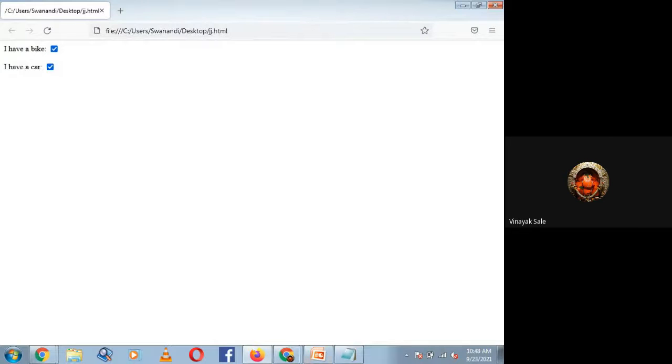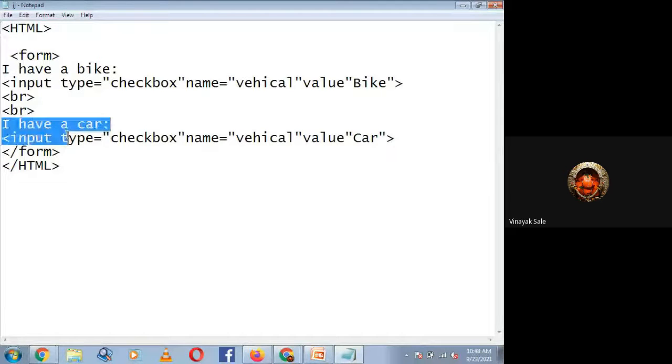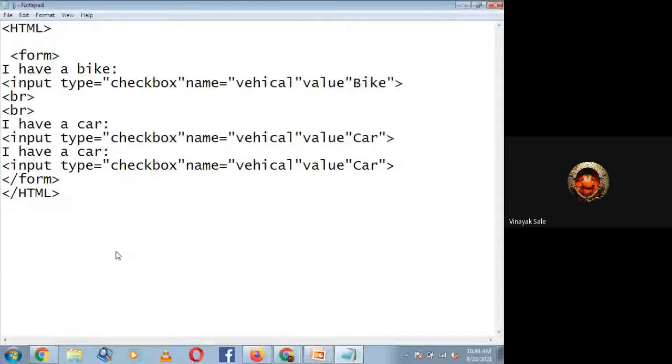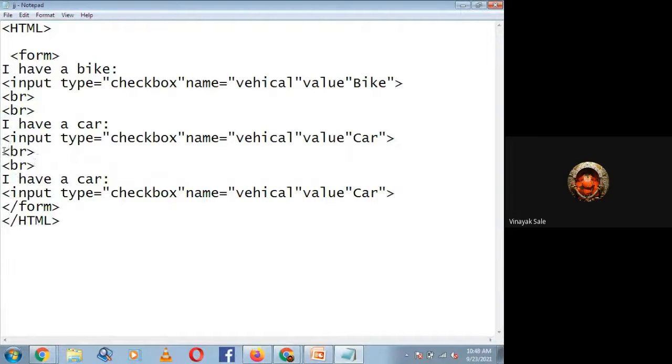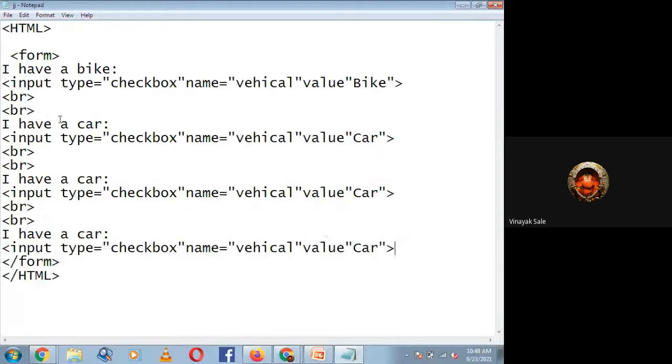Suppose next option: I have a bike, I have a car, I have a rickshaw.